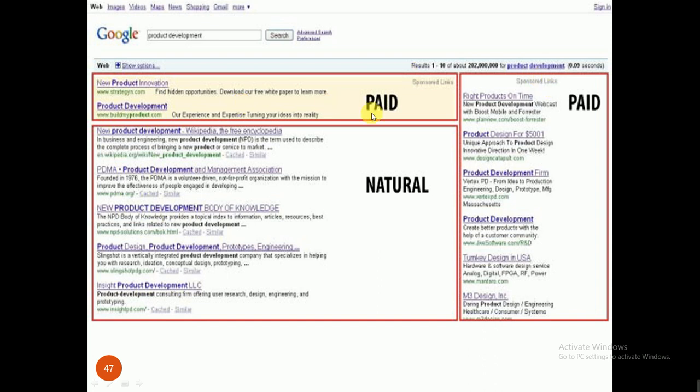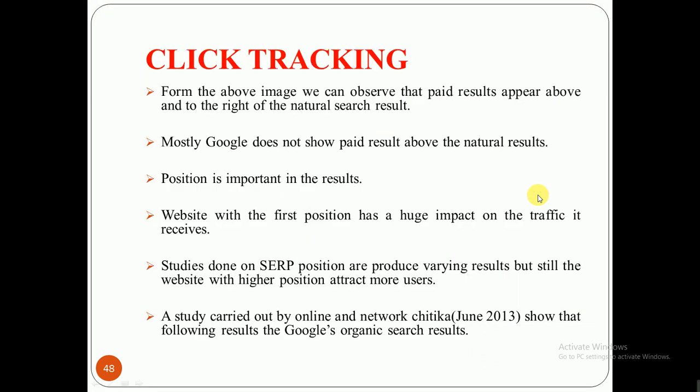You will see these three types of result. One is paid, in which you will see written sponsored advertisement or ad, and next is the natural result. They will directly get the maximum traffic on this website, and this is also a sponsored link or advertisement where you can get your website.